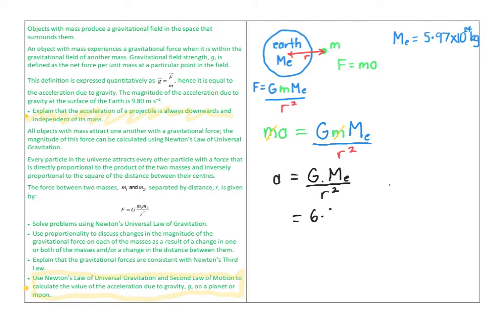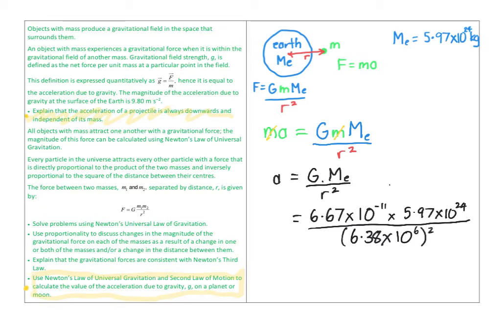So the gravitational constant is 6.67 times 10 to the minus 11, times the mass of the Earth, which is 5.97 times 10 to the 24 kilograms, divided by the radius of the Earth, 6.38 times 10 to the 6, squared. And if you put that all into your calculator, you'll get an answer of 9.80